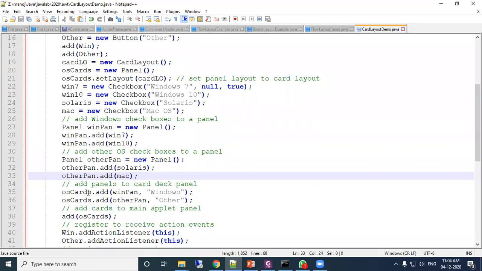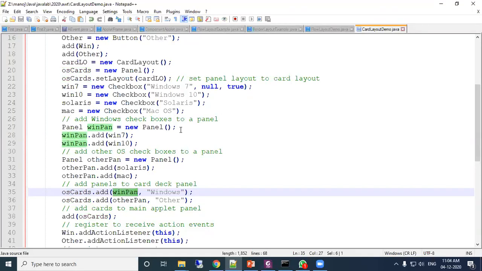Now OSCards.add(WinPan, "Windows"). So here the meaning is, OSCards is your panel type. Inside the panel, add WinPan. WinPan is your Windows pan.